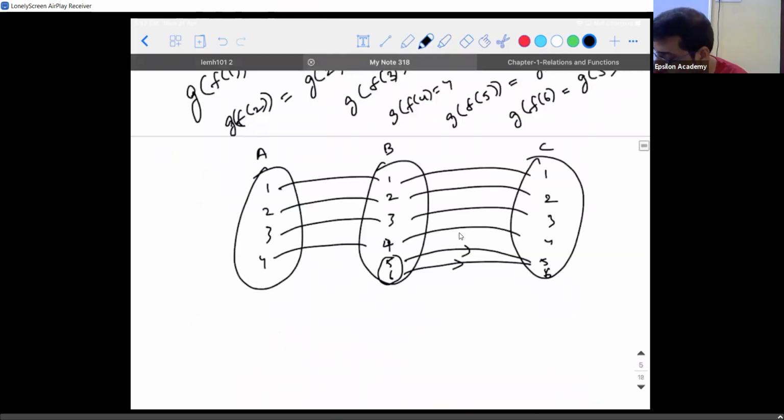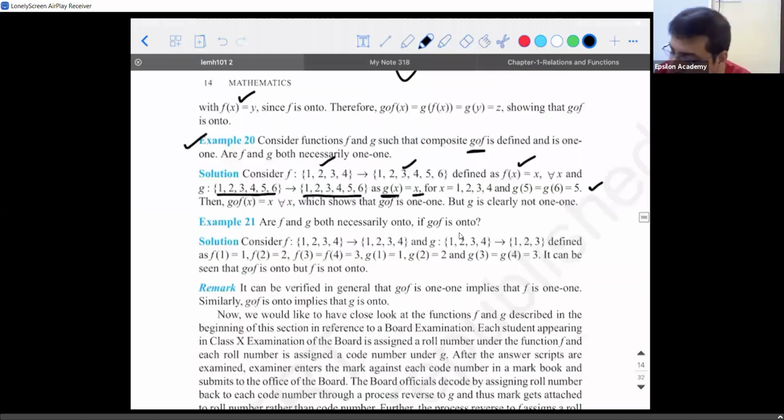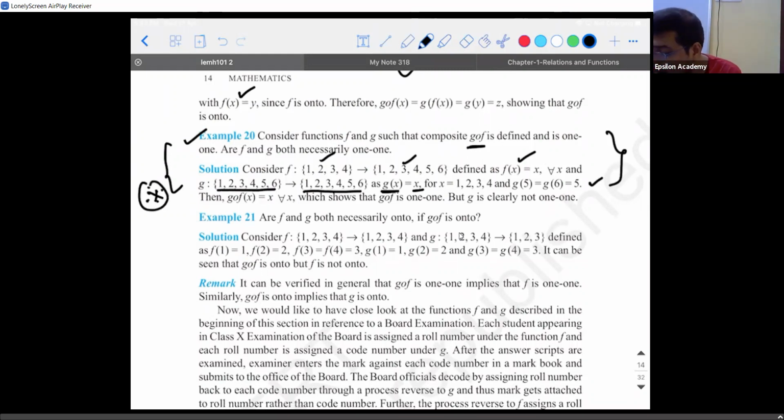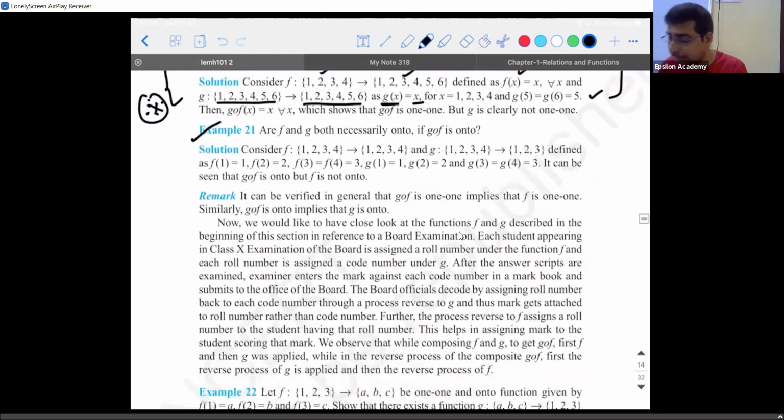Sir, for all values of B, if it's related to A only, we can go for C function, no, sir. The example they have taken is wrong. I'll do one thing. I'll think about this and I'll give you a better example. Okay. Let's not waste time on this. I'll think and I'll come back on this before next class. Just remind me about this, okay, sir. There's trial and error. Let's go to a bigger one.